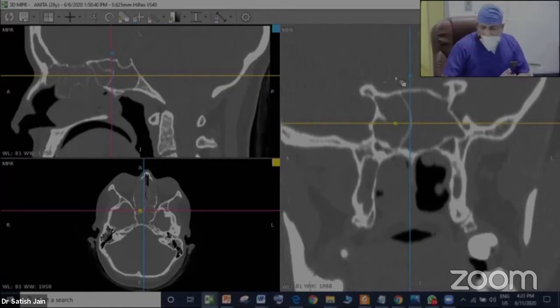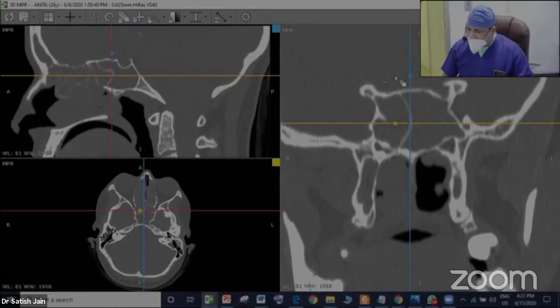The whole idea is to just give you a quick idea how to go about the CT scan, how to get maximum information out of it, and we'll use all this information during surgery to get maximum benefit out of it. Though this topic of reading a CT scan is a huge one, I just quickly summarized what information we can get out of the CT scan for this particular patient.